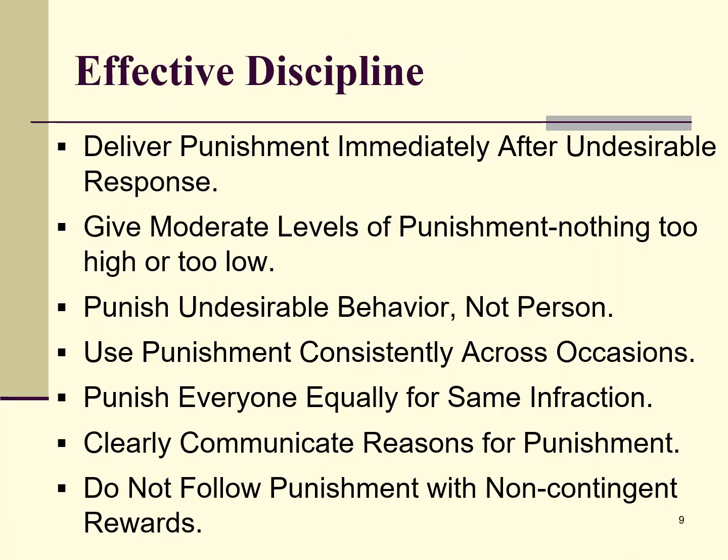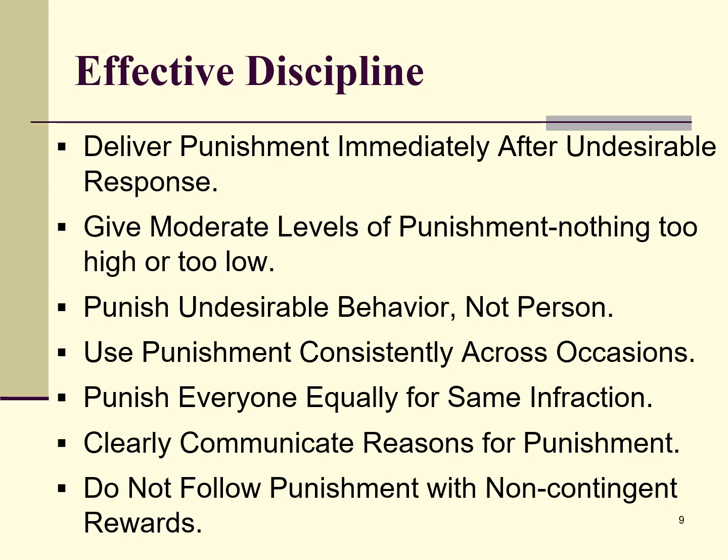So effective discipline, the punishment needs to be delivered immediately upon undesirable response. So that means you also need to see the undesirable response to add the punishment. So we'll go with that very easy system of just talking to the employee. If someone behaves poorly, let's say that someone is supposed to do customer service with a smile. A manager observes them doing customer service kind of surly with no smile and kind of no social graces. Immediately calling the person aside and giving them that verbal, hey, that's not what we expect here, this is the behavior we expect, would be following this effective discipline line.